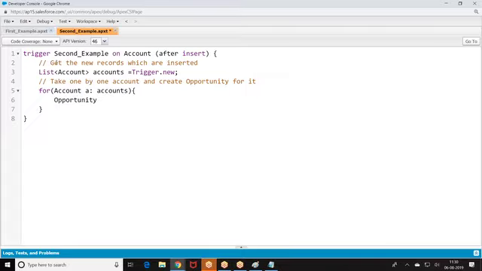When can I create an opportunity for an account? If I want to create an opportunity for an account, first the account should be inserted successfully. Only after the account is inserted, I can create an opportunity for it. Am I right? Only after the account is successfully inserted, I will be able to create opportunity for it. That is the reason I am taking after insert. After the account is inserted,